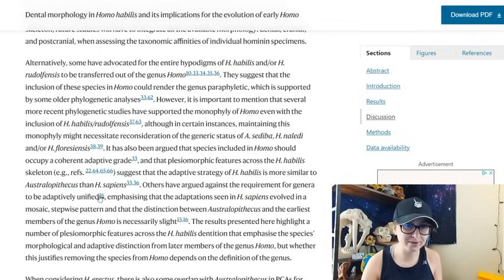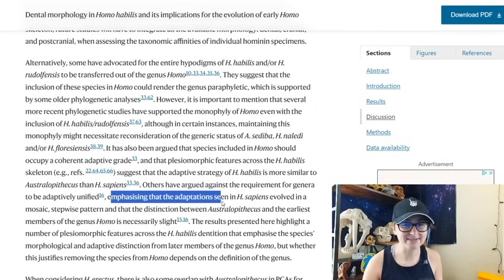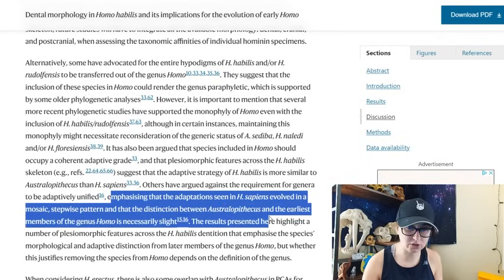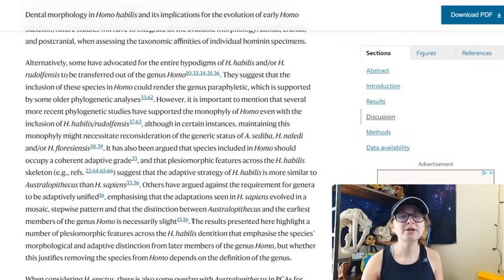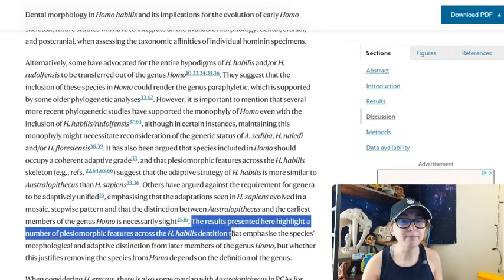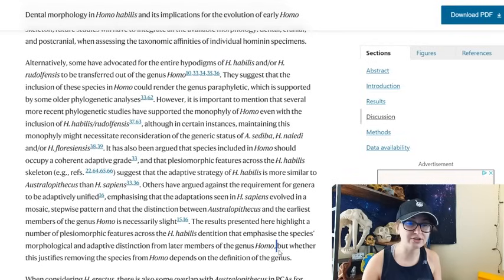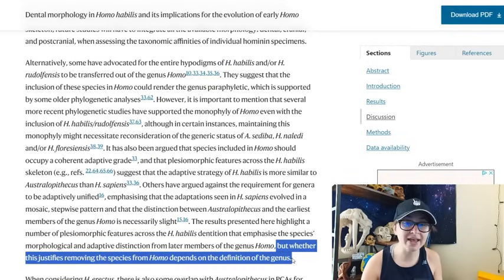Who do you think this one is? Hey, it's Kimbel and Villmoare, emphasizing that the adaptations seen in Homo sapiens evolved in mosaic stepwise patterns, and that the distinction between Australopithecus and the earliest members of genus Homo is necessarily slight. The results presented here highlight a number of plesiomorphic features across Homo habilis dentition that emphasize the species' morphological and adaptive distinction from later members of genus Homo, but whether this justifies removing the species from Homo depends on the